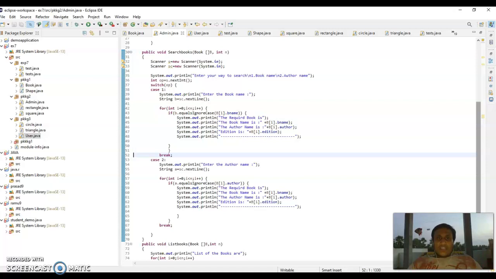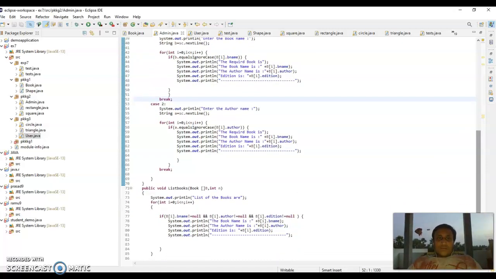System.out.println enter the author name, string a = sc.nextLine, for (int i = 0; i < n; i++), if a equalsIgnoreCase author, System.out.println the required book is, the book is b[i].bname, the author name is b[i].author, edition is b[i].edition, and break. Public void listBooks(b[], int n), System.out.println list of the books are,